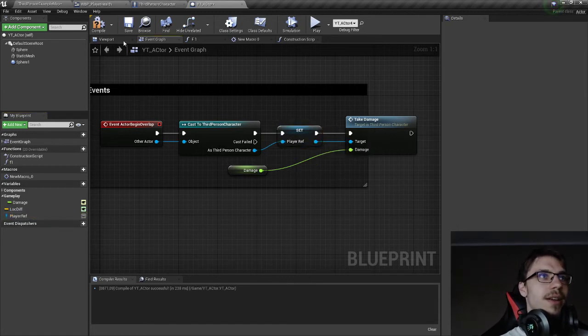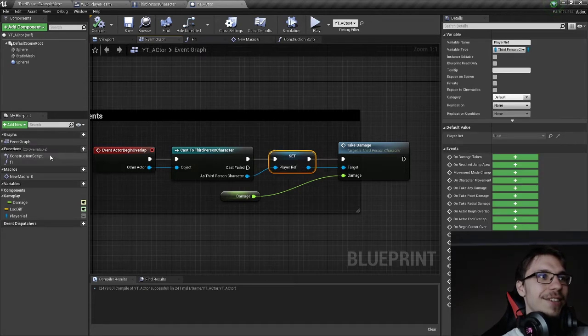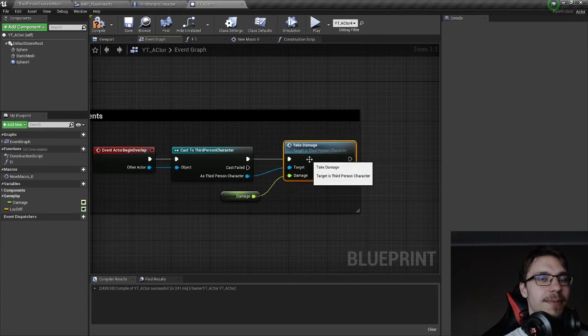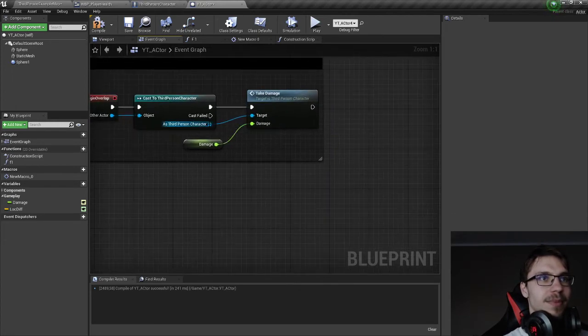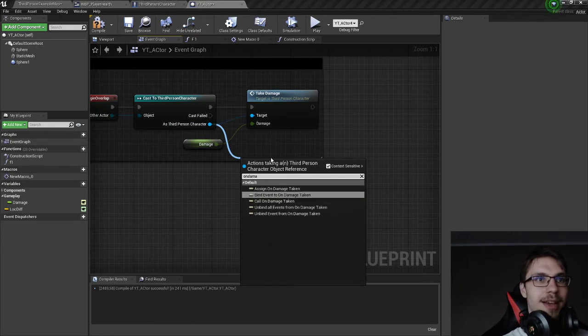Each time I'm overlapping and creating a variable, that's not the way to go. Let's just do this, and after that I can create a binding